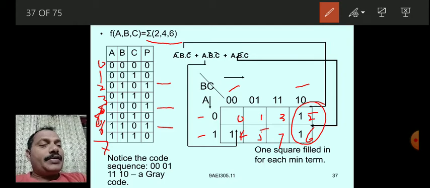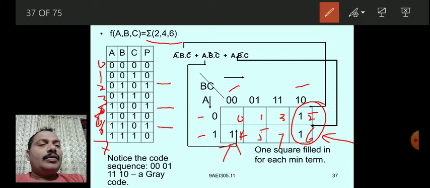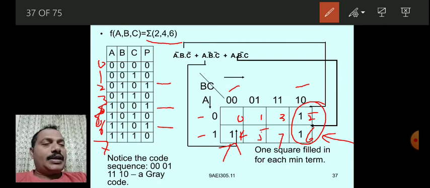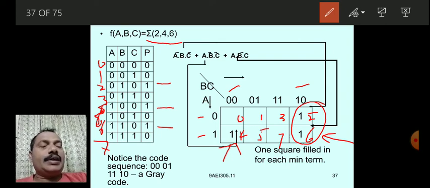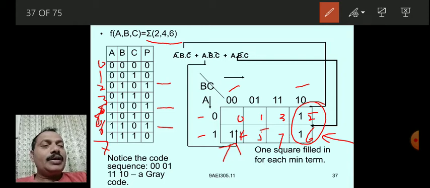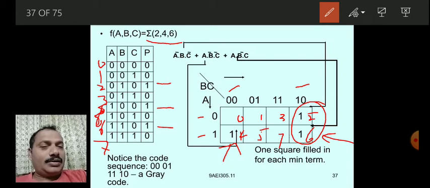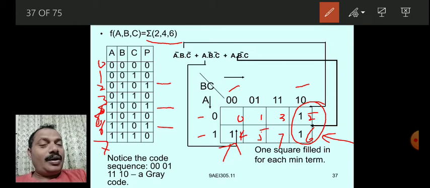If you observe, the sixth cell and fourth cell are logically adjacent to each other. Physically they are not adjacent, but logically they are.